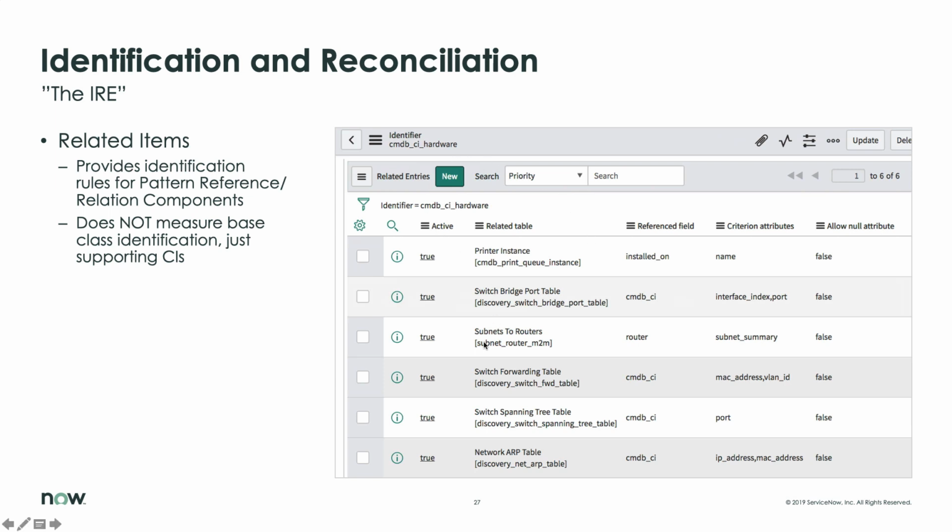Now, hardware doesn't have them all. Disks have their own identifier. Network gear has a network card, I think, network interface has its own identifier. So you won't see all of them here. They'll be existing though, but just to understand that these related entries support the references and relationships that the pattern